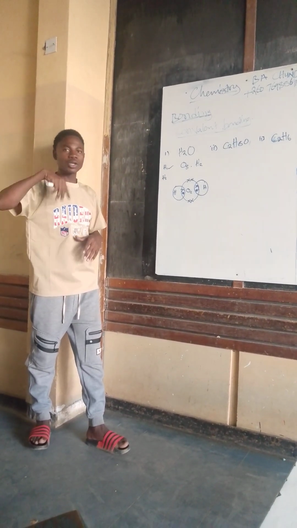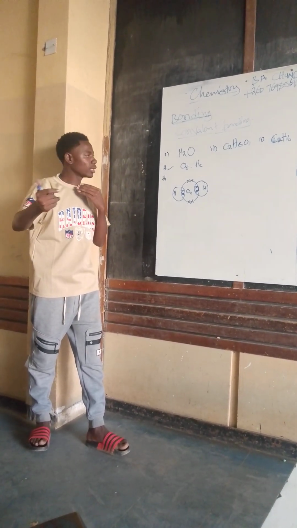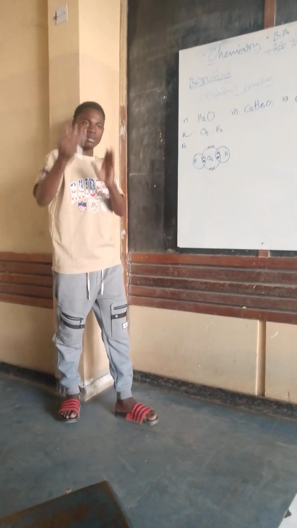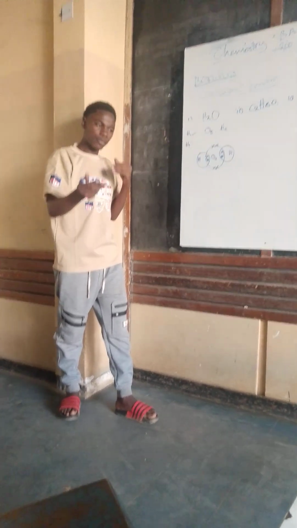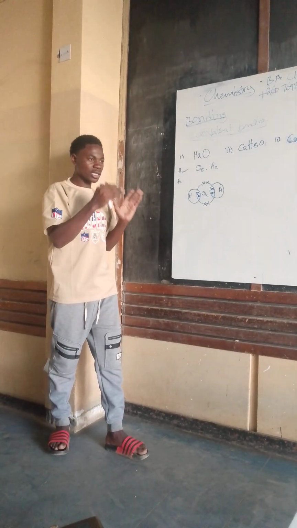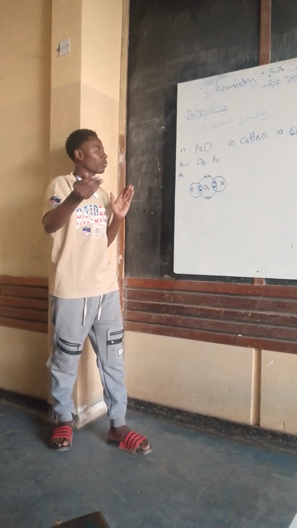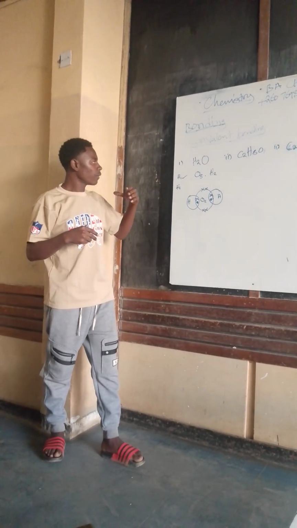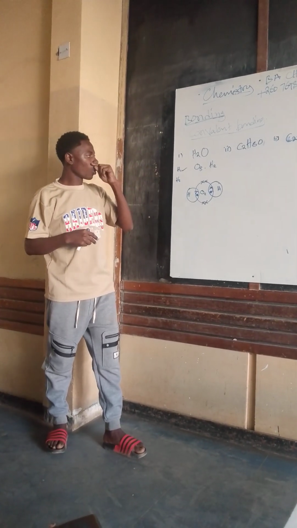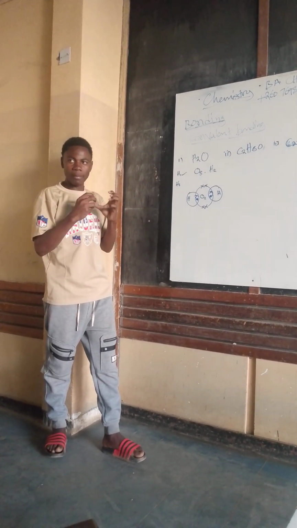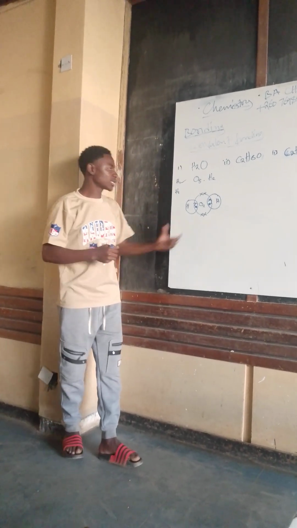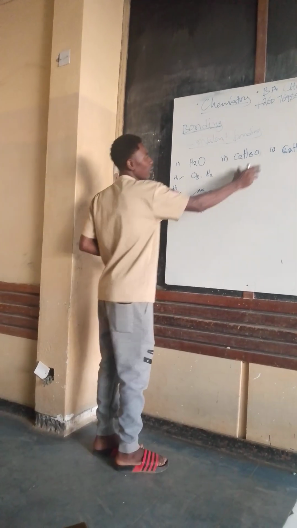When you go to ionic bonding, which involves the transfer of electrons from a metal to a nonmetal, it involves different charges, positive from the metal and negative from the nonmetal. The forces that bond the elements together there are strong intermolecular forces. Here it's weak intermolecular forces. Now let us look at how we